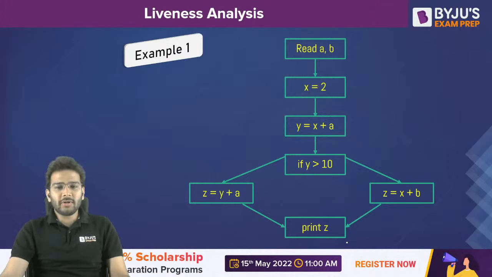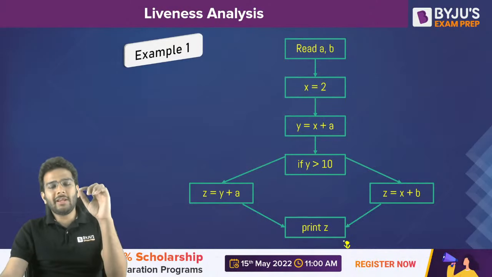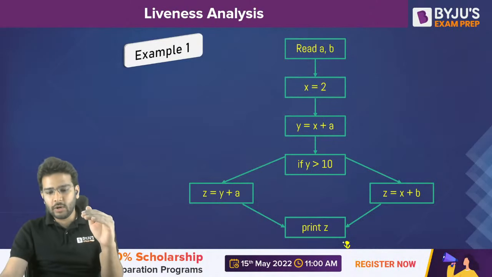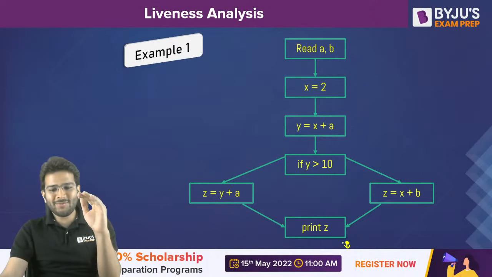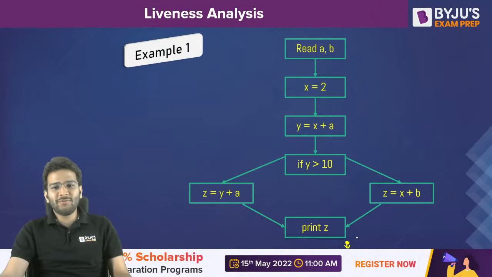So let's talk about this liveness analysis. First of all, we are going to start from the bottom. Let's say at this point in the program, you always have to look downwards. Whenever we are talking about any point in the program, you have to look downwards. Do you have any live variable below this point? No, we do not have any live variable below this point, so we can just write 5.